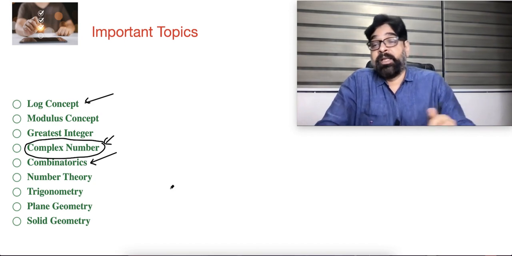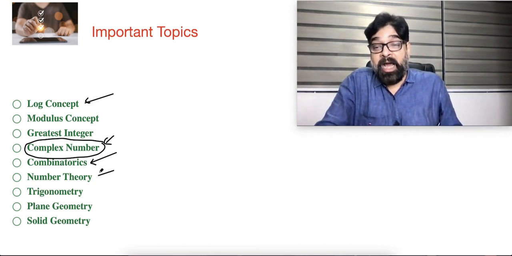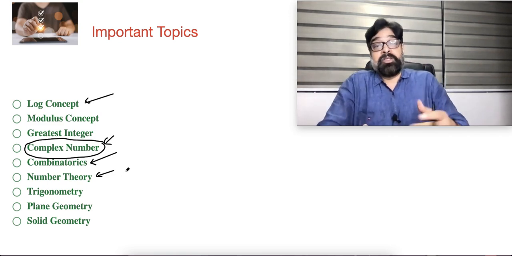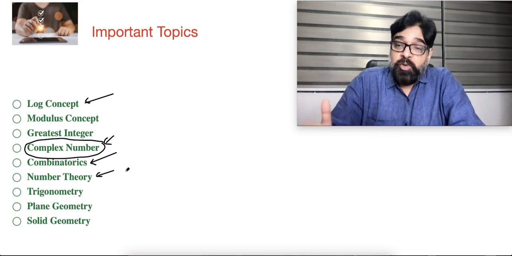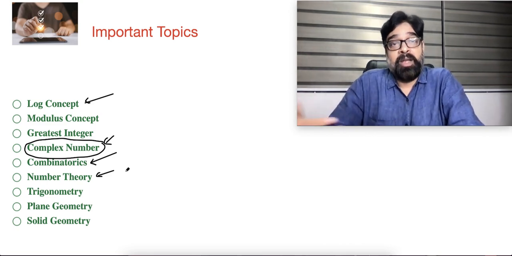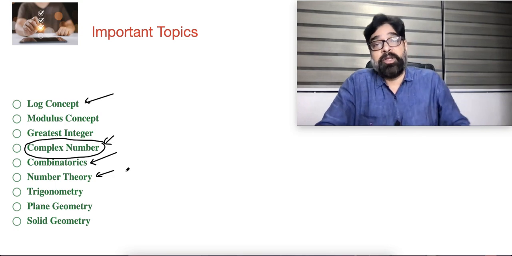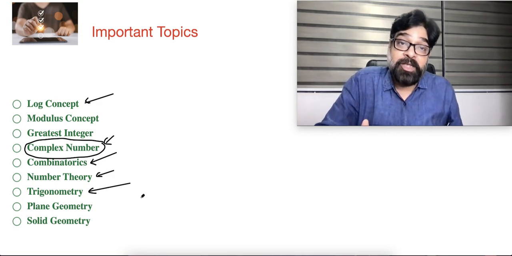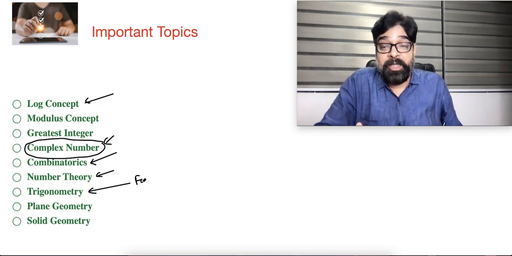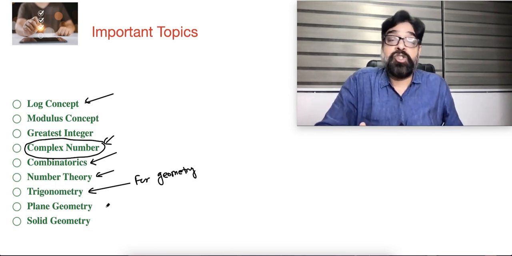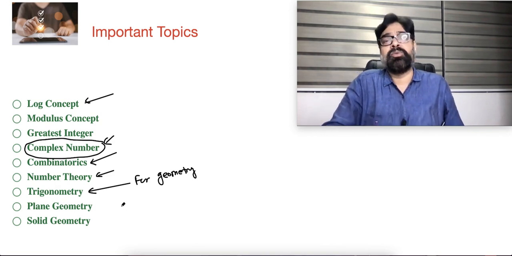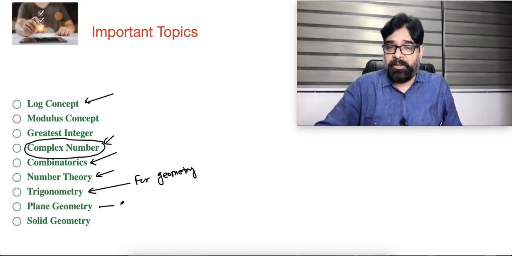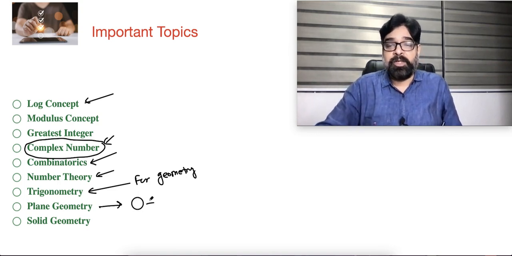It's compulsory. Number theory, of course, will come at a higher level than AMC, because there will be many new concepts, Fermat's theorem and other higher-level theorems also used for number theory. Trigonometry: they ask direct questions from trigonometry, and trigonometry is useful for geometry also. For geometry, trigonometry is needed. There will be plane geometry related to circles and triangles. Mostly they ask questions combining circle plus triangle. That is the most common thing they ask.